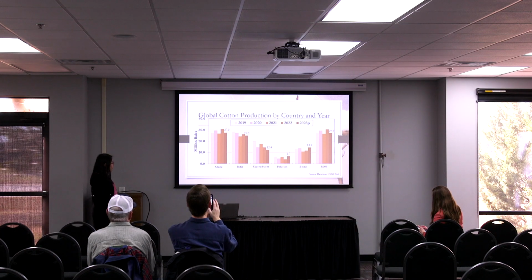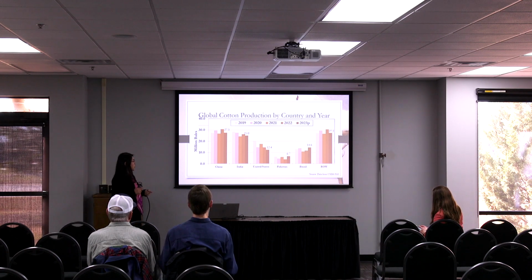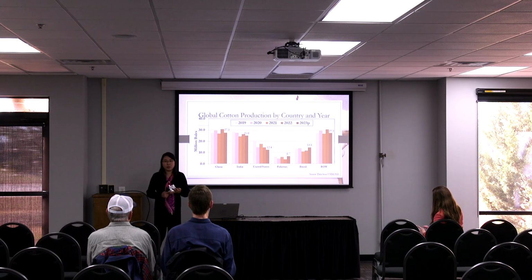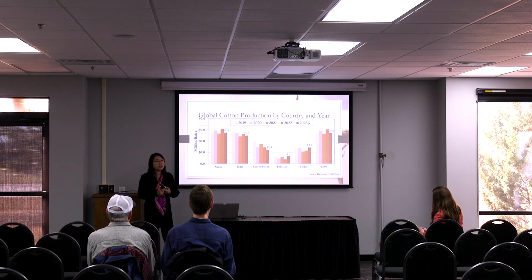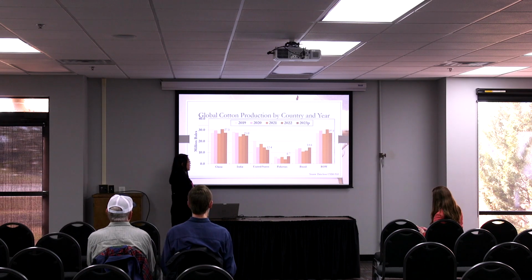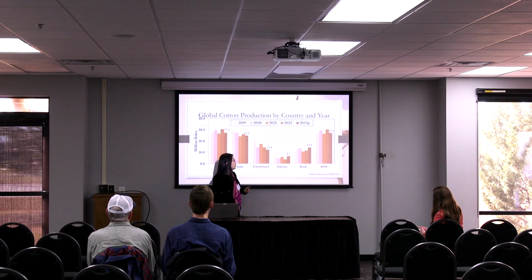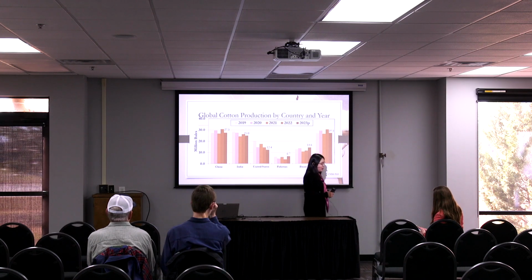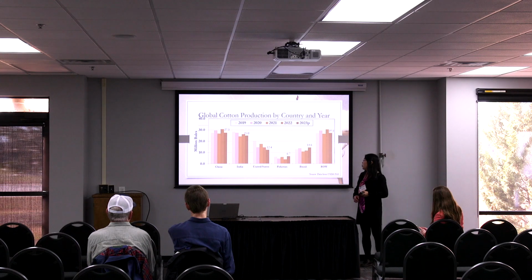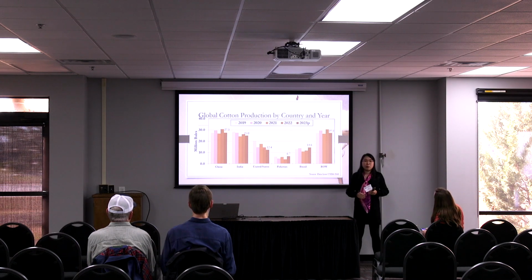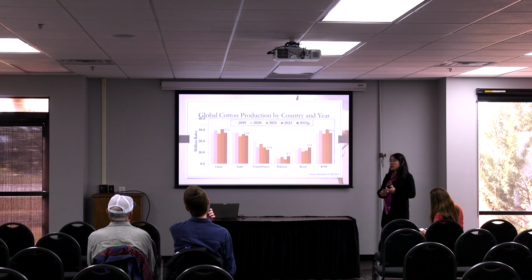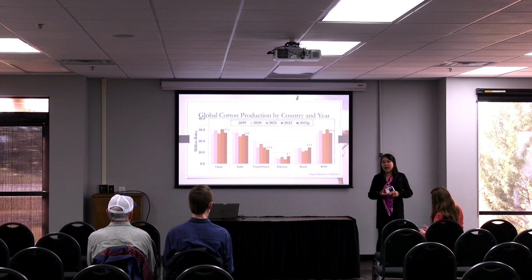Those are the top 5 cotton producing countries in the world: China, India. The United States used to be the number 3 cotton producing country in the world. But last year we had some challenges in terms of weather issues, especially the drought situation in Texas, which really declined our total production. Last year we produced 12.4 million bales, but Brazil has really caught up over the past several years in terms of total production. They are producing 14.6 million bales. Why does Brazil matter? Because Brazil is a major competitor with U.S. cotton on the export market.